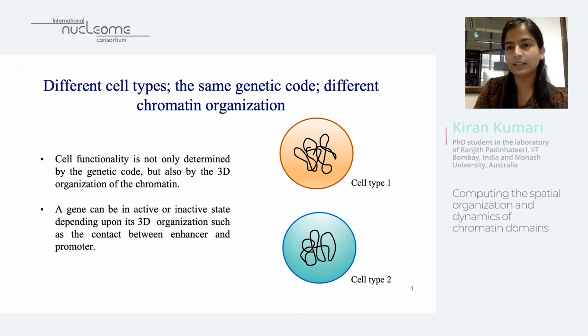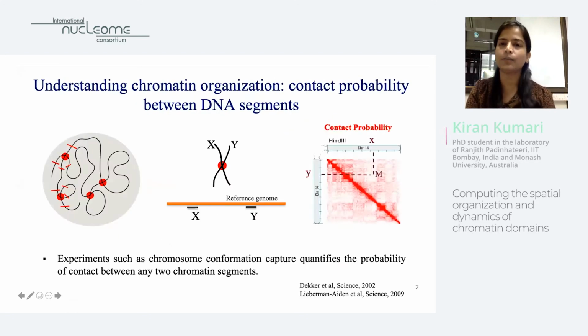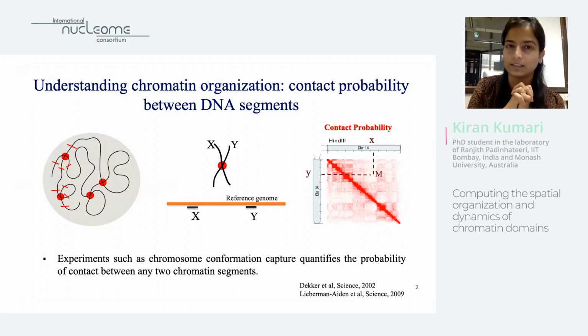With the advancement in recent chromosome conformation capture experiments, we now understand the chromatin organization to a certain extent in terms of contact probabilities. Typically, in these experiments, the chromatin segments are first cross-linked, and with the use of restriction enzyme, the DNA is cut at various locations. These cross-linked molecules are then separated, sequenced, and mapped back to the reference genome to count the number of contacts a particular DNA or two particular DNA segments are making.